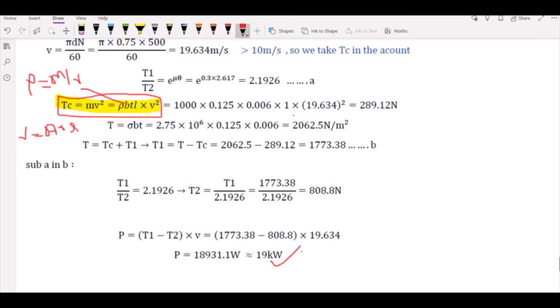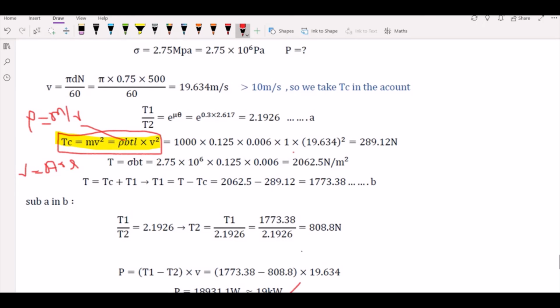Okay, so that's it. We'll stop the problems over here. I hope I'm clear with all the problems. With all the different models I have considered, 10 different models, I hope you will be able to calculate any problem which has been asked in the exam, in the OU.